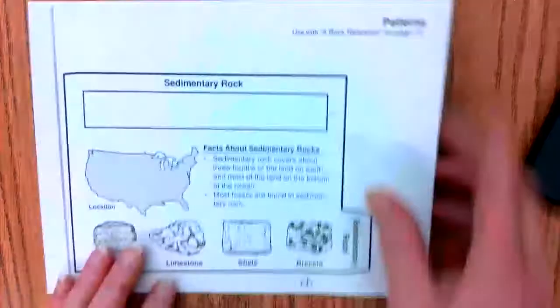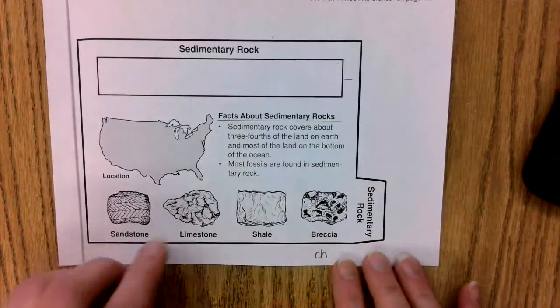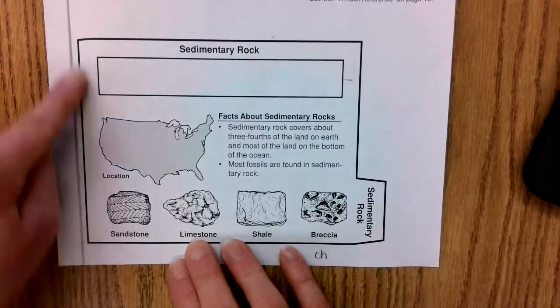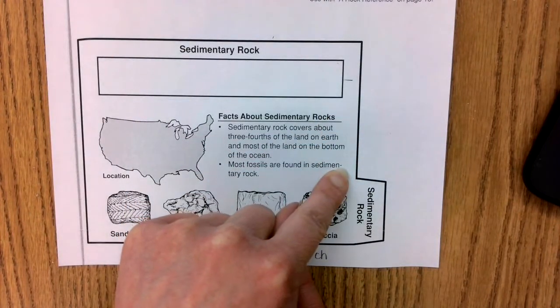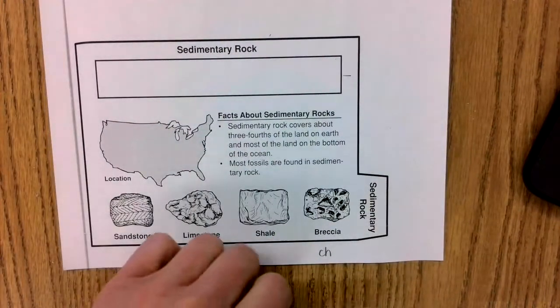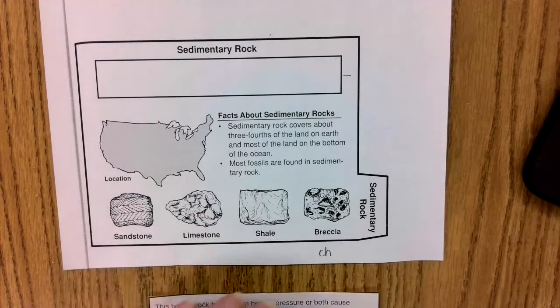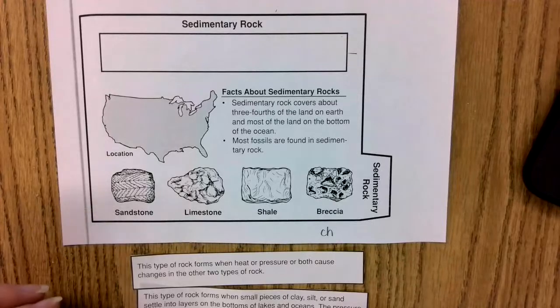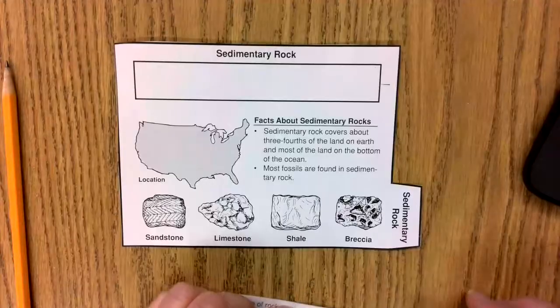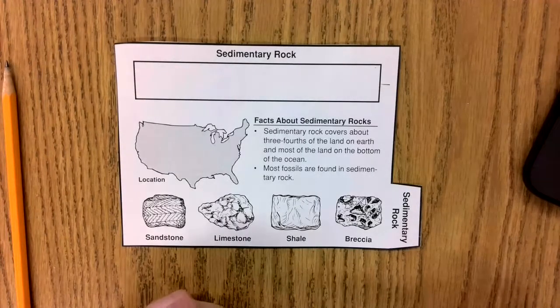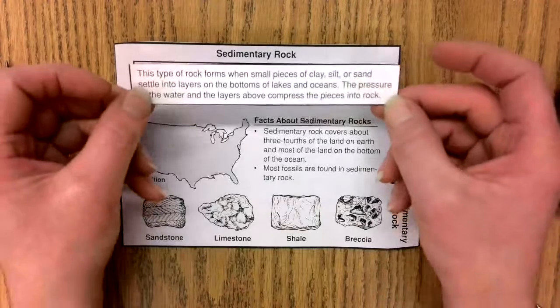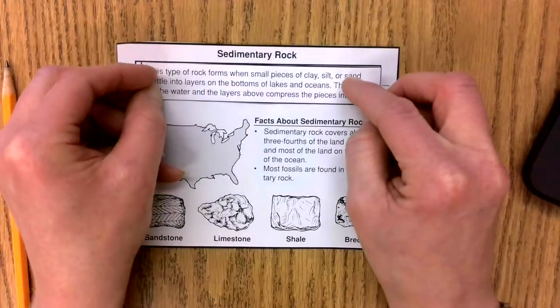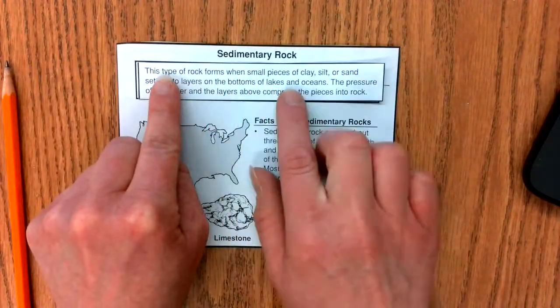So I'm going to set this igneous rock page aside. Next, we're going to look at the page that says sedimentary rock. We're going to cut this out on the dark line. And I want you to look at which of these might be for sedimentary rock. I have cut out my page, and if you chose this definition right here, this type of rock forms when